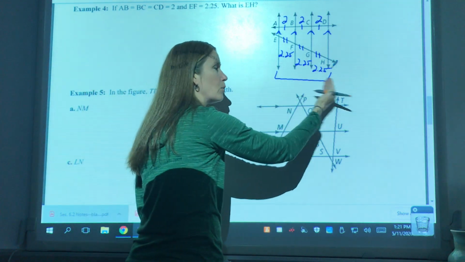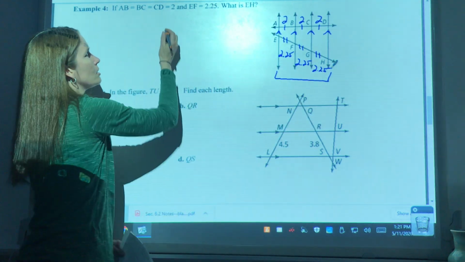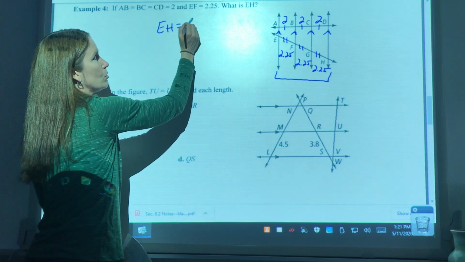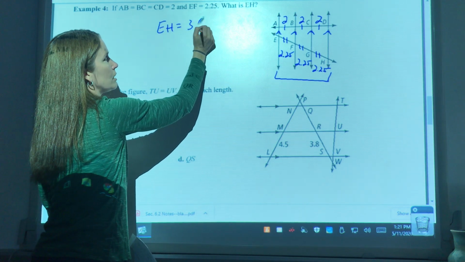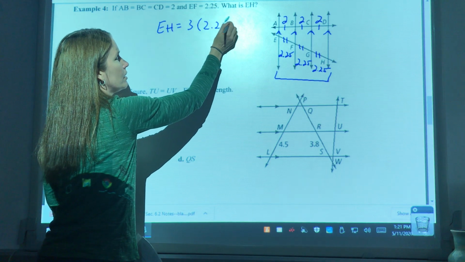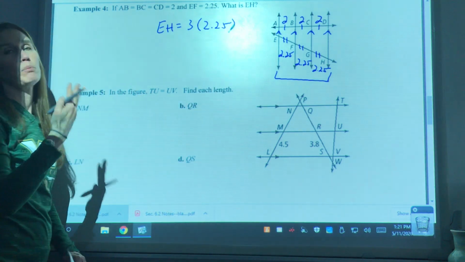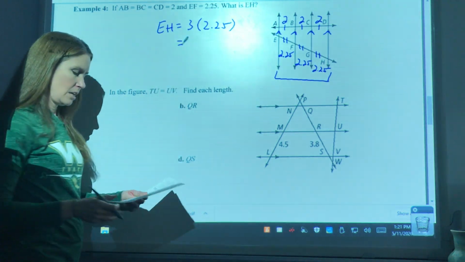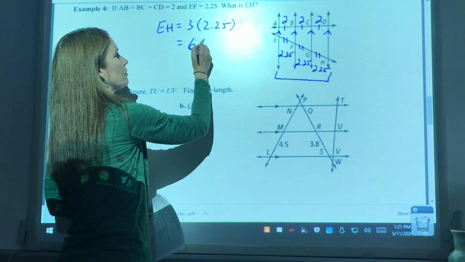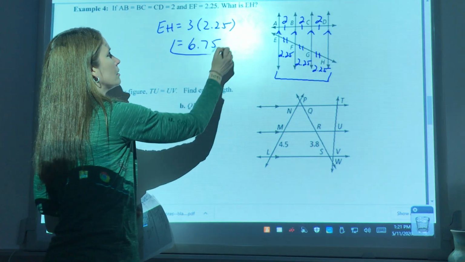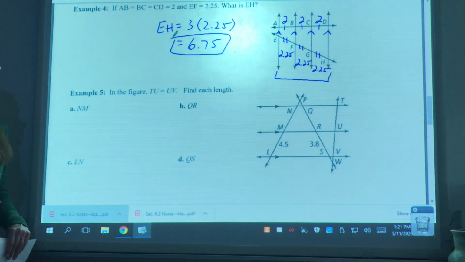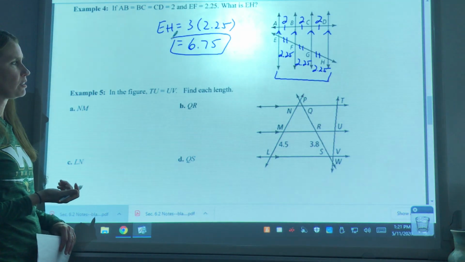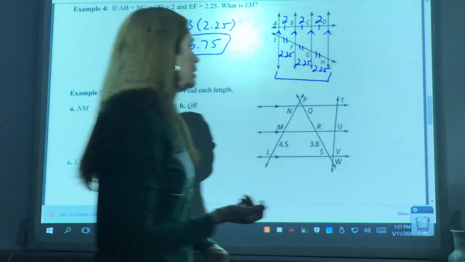And the question's saying, what is this whole thing, EH? So I know that EH then is equal to, you can either say 3 times 2.25, or you can do 2.25 plus 2.25 plus 2.25, whichever way makes more sense to you. And once you get that figured out, it's 6.75. Okay? And then the last part here, example 5, says that in the figure if TU is equal to UV,